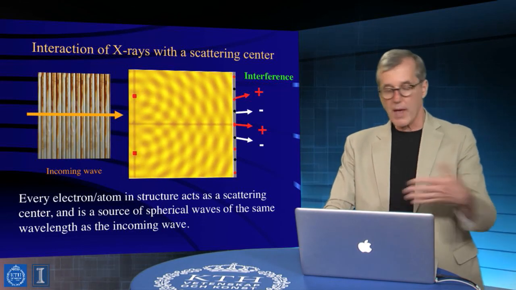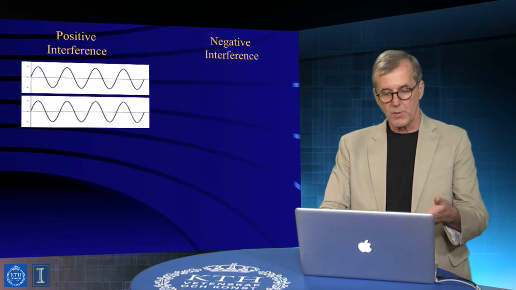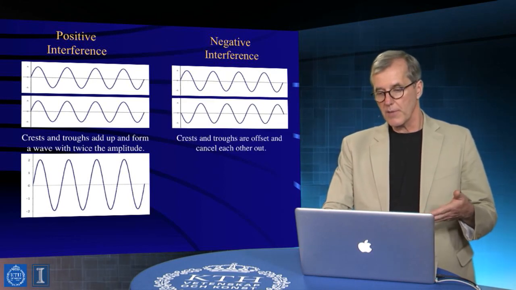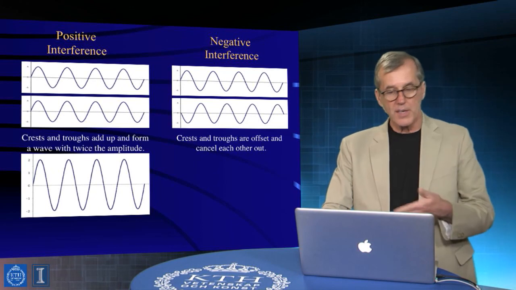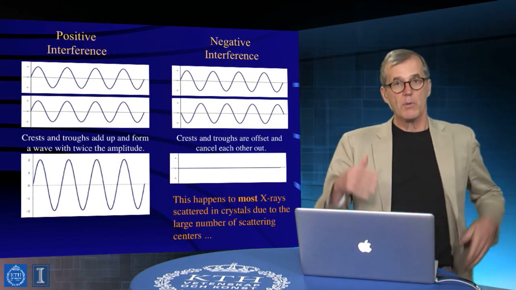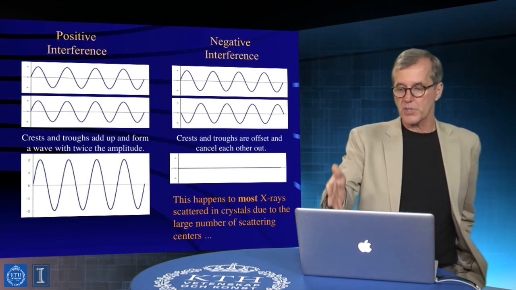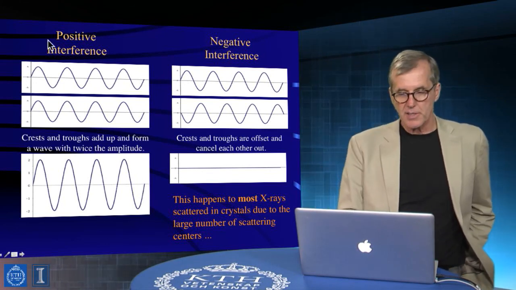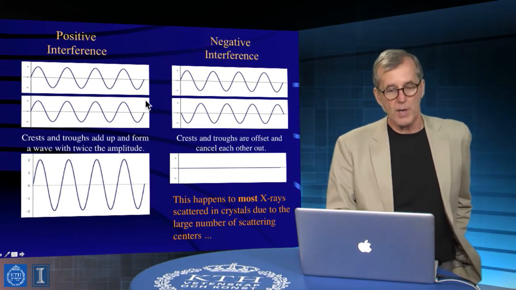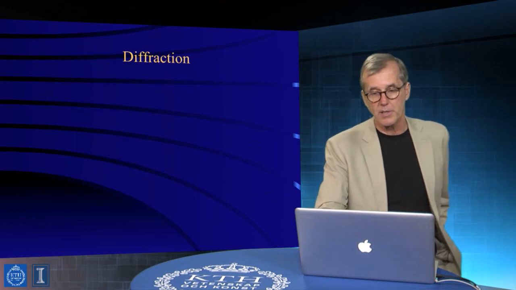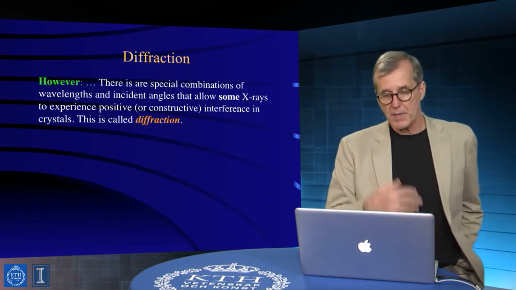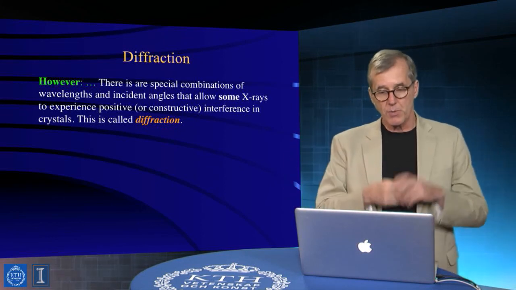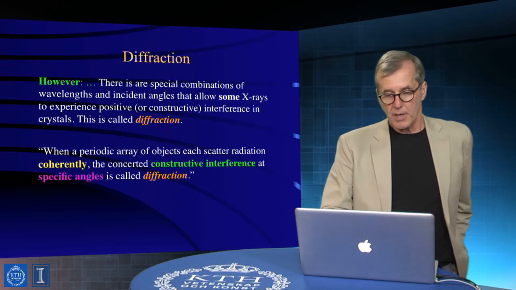And so when we have lots and lots of atoms, we get positive interferences, and they add up with more amplitude. And we have negative interferences, in which crests and troughs are offset and cancel each other out, and there's nothing left. But the thing is, when you have lots and lots of atoms, there's lots of ways in which the scattering events cancel each other out. So it turns out that there are lots of scattering centers, lots of things canceling, but a few special high symmetry things that do not, right? And that gives us the information that we analyze in diffraction. And so to repeat that, there are special combinations of wavelengths and incident angles that allow coherent constructive interferences, right? That comprise what's diffraction, and